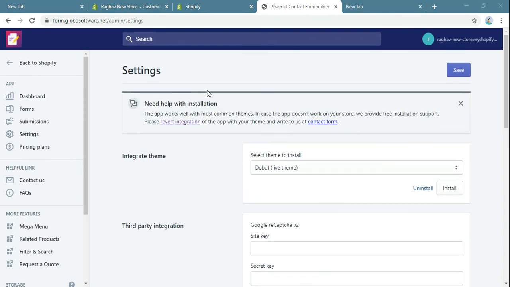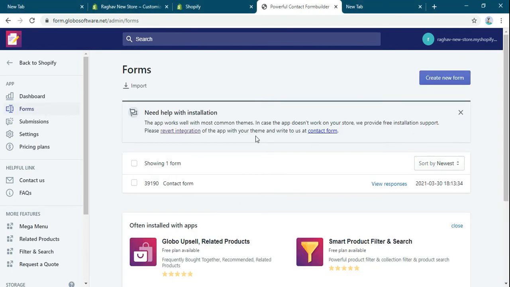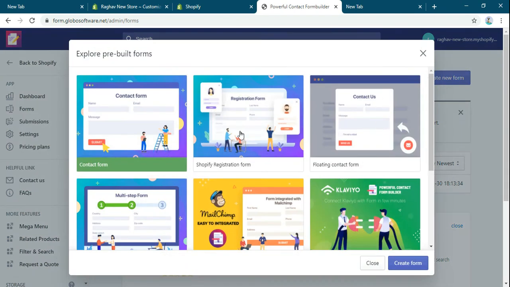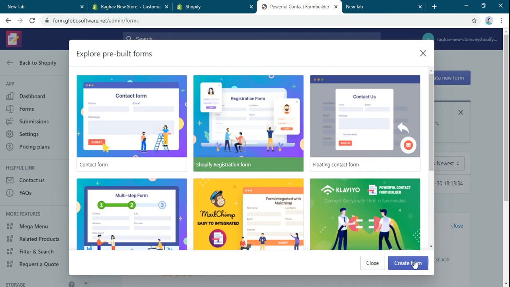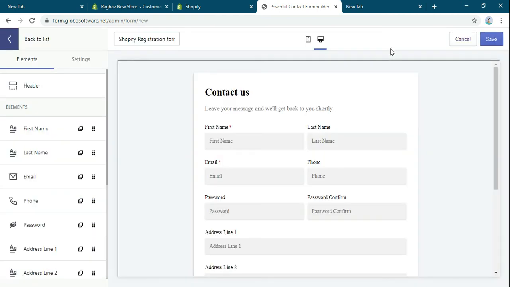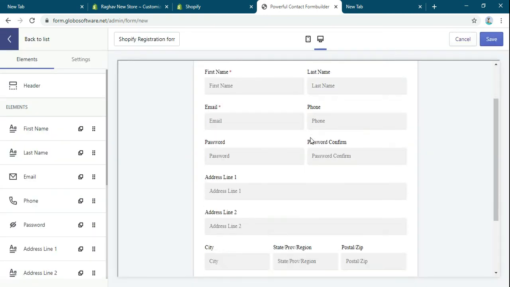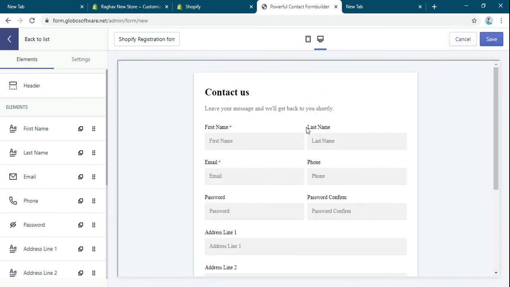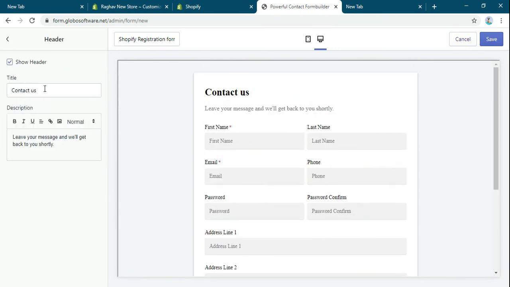If you want to add a new form to the website, go here, forms, create a new form. This time I will create a Shopify registration form, create a form. This will create a form for us. If you want to change the header, you can do it here.